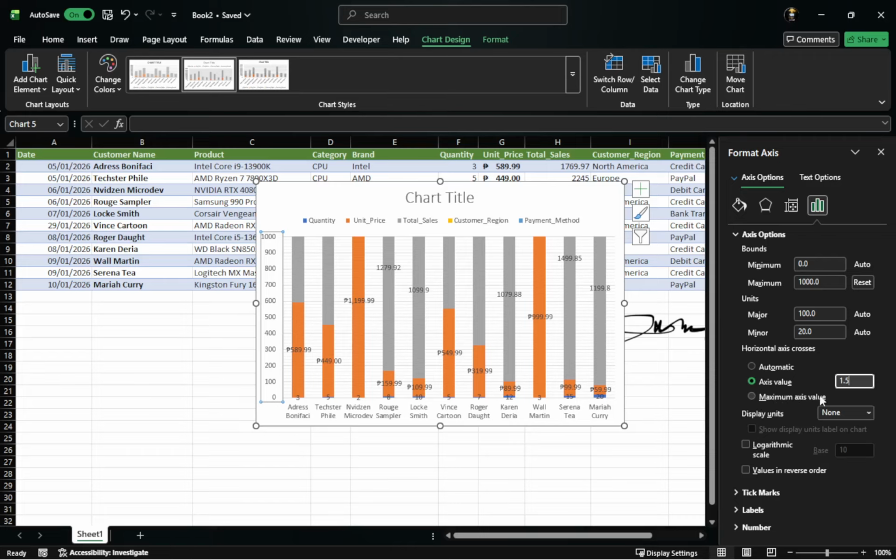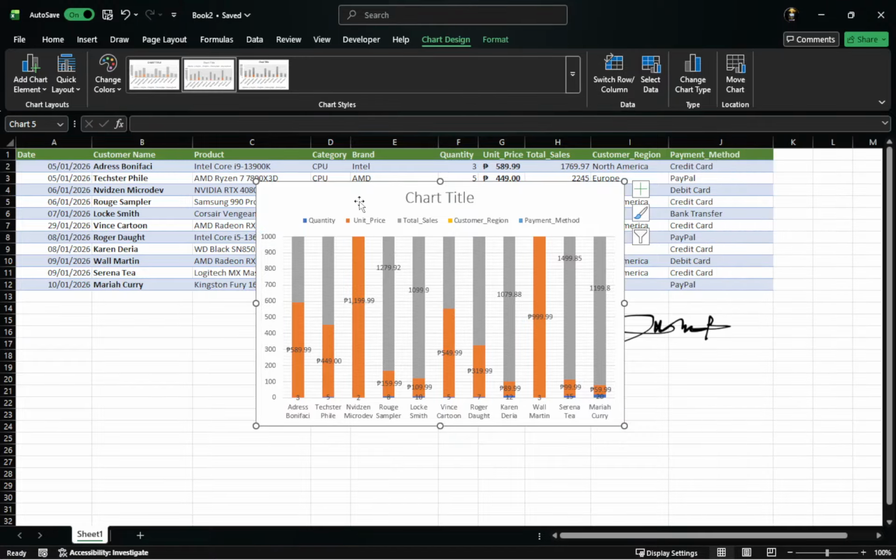Now to add or change the y-axis title, start by making sure the chart is selected again. Click once on the chart area so that the outer border appears. This lets Excel know which chart should receive the new axis title, especially if your sheet has more than one chart visible. With the chart selected, click the Chart Design tab at the top of Excel. This tab appears only when a chart is selected, so if you do not see Chart Design, click the chart once more and then look again at the top. The Chart Design tab contains tools that control layout, styles, and extra elements like titles and labels.